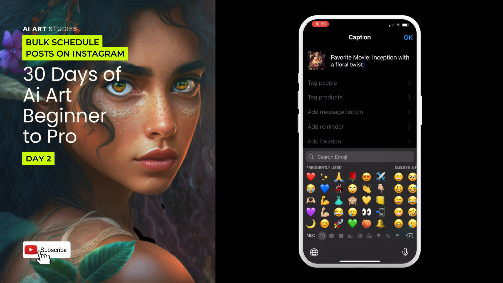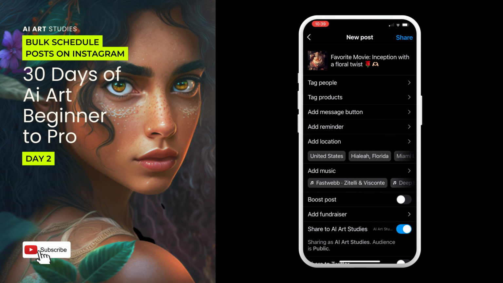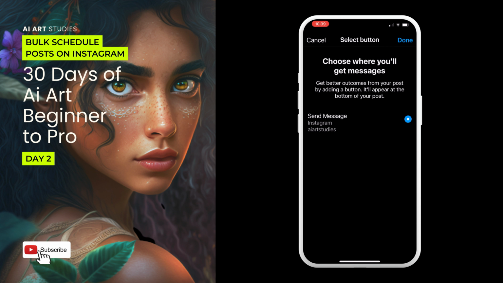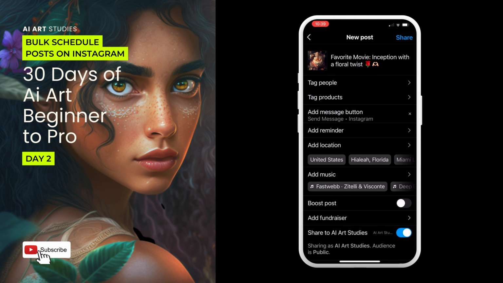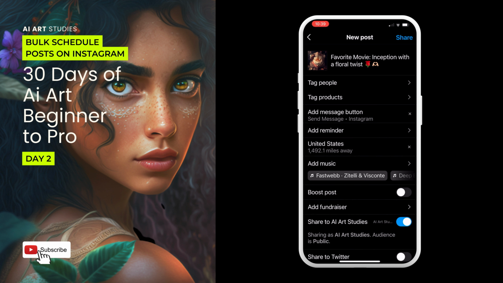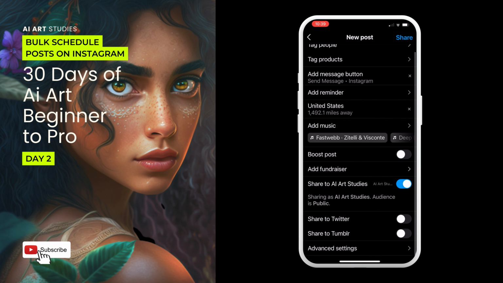And then I'm just going to change the emojis to my rose and then a heart. Great. So next I'm going to put the add message button. I really recommend you always click there. My location, United States. I'm not going to add music for now, although I could. We'll see if I add music. And then